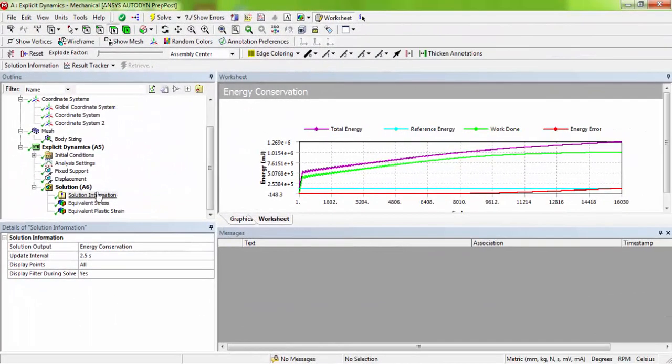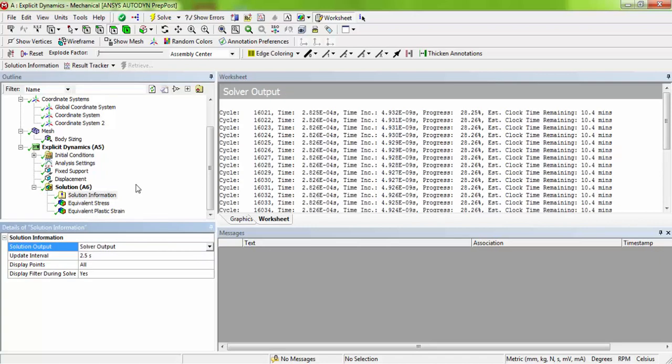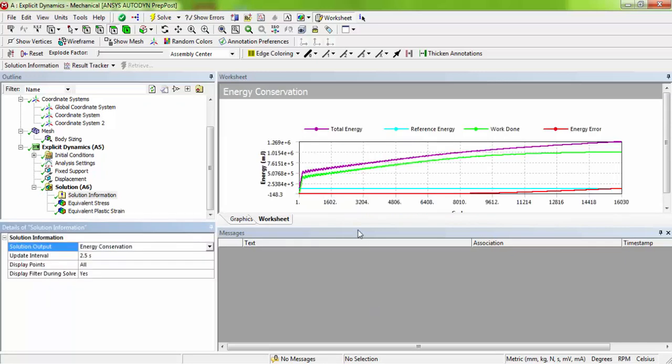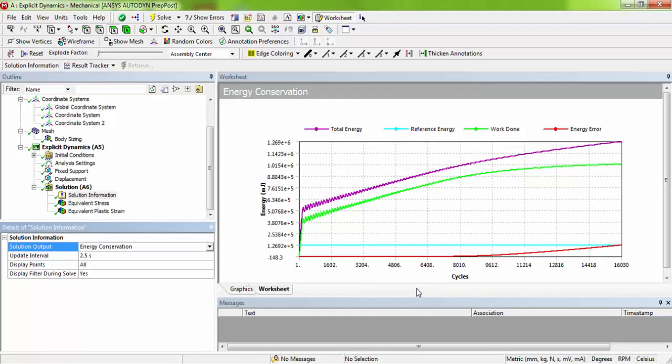After solving, it will take some time. After solving it, you can verify the solver output by clicking the solution information, and if you want to see the energy conservation, almost you will get a graph like this. The violet color is the total energy of the system, and the green color is the total work done.